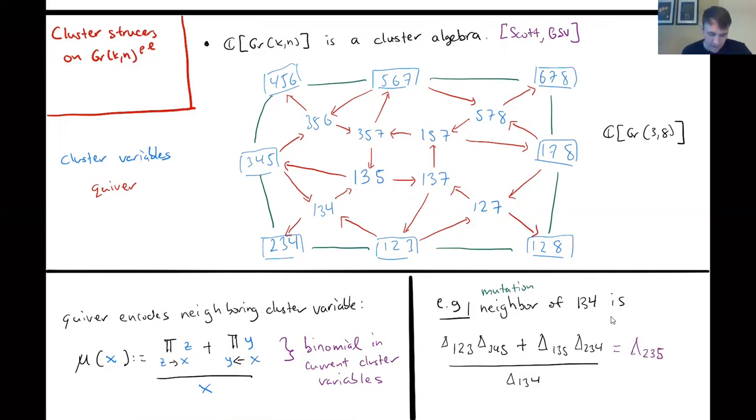As an example, let's say we were trying to mutate this guy. The binomial here comes from these two, the guys that point in. The binomial here comes from these two, the guys that he points out to. I divide by delta 134, the guy. And I assert that although this looks like a